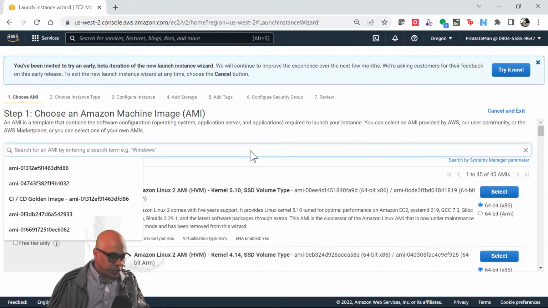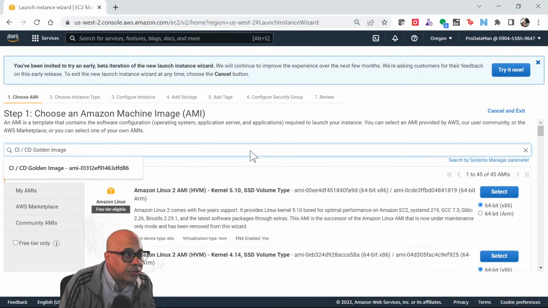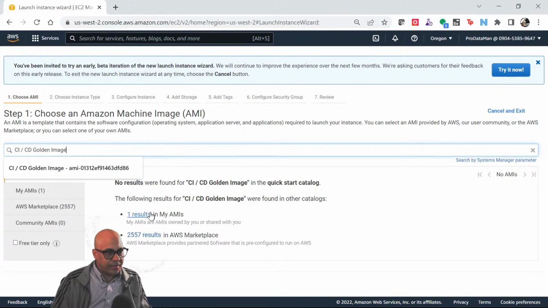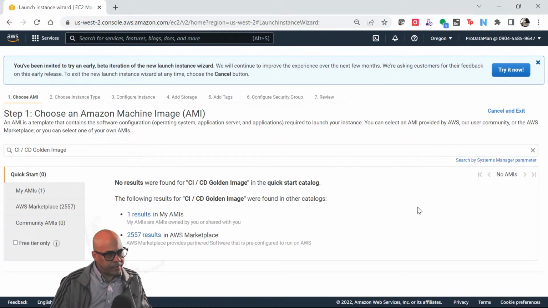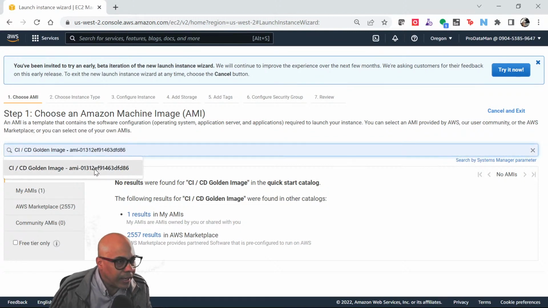And I'm going to search for CI/CD golden image. There we go. Oh, wait a minute. I was hoping for community AMIs, but I saw the AMI ID popped up.